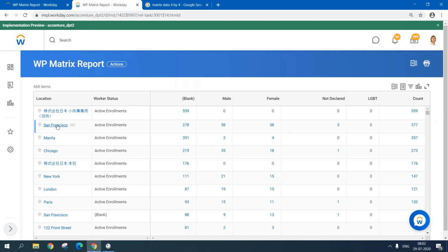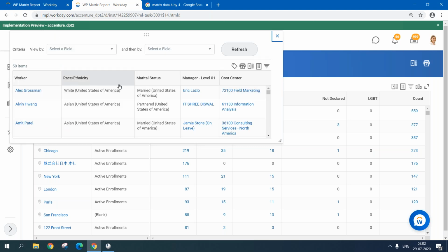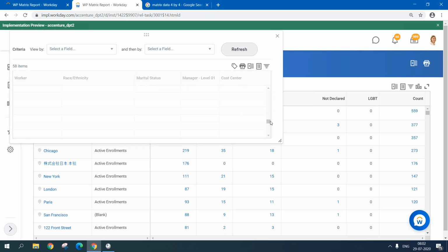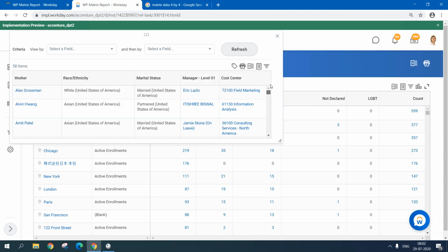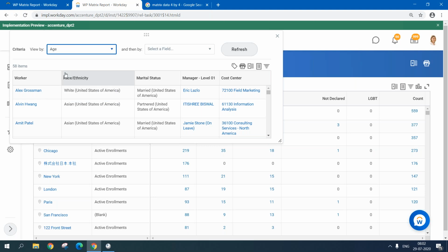When I click San Francisco, 68 people are there. When I click this, the drill down is showing worker, race, ethnicity, marital status, manager, cost center. This is all information I have. I can go into details and look at what it is. And if I go here, remember we have a few things that we had set up: race, ethnicity, marital status, and age. If you get the data by age, all this population, 58 people, will be